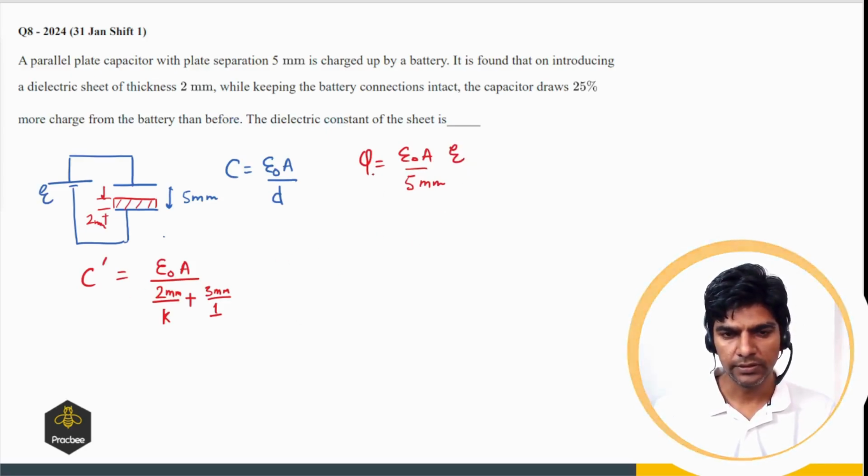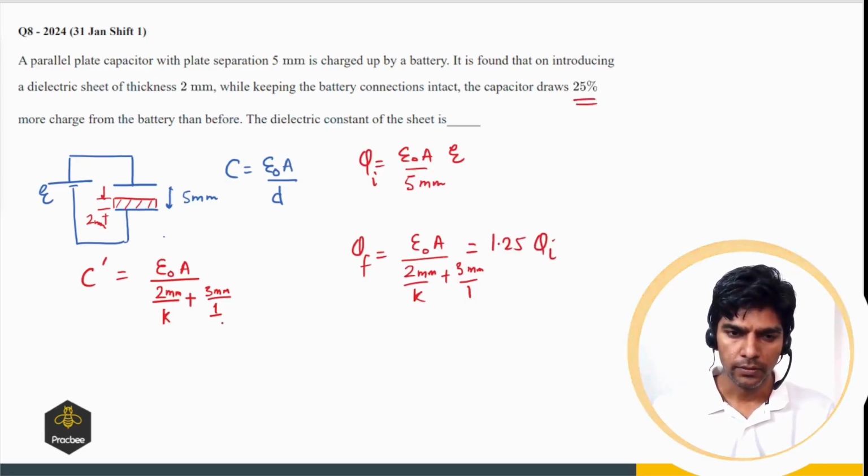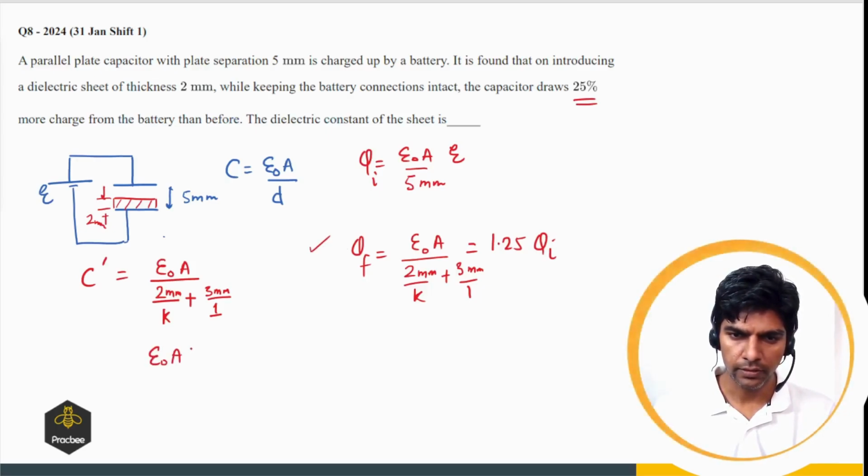And this, let me call this the initial charge, and the final charge is epsilon naught A divided by 2 millimeter by K plus 3 millimeter by 1, and this final charge is 1.25 times the initial charge, that is given in the question. So let us put the values in this equation. So we can say epsilon naught A, and we have to multiply this with V also, right? So epsilon naught A times